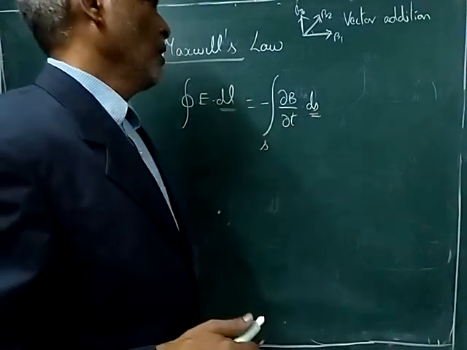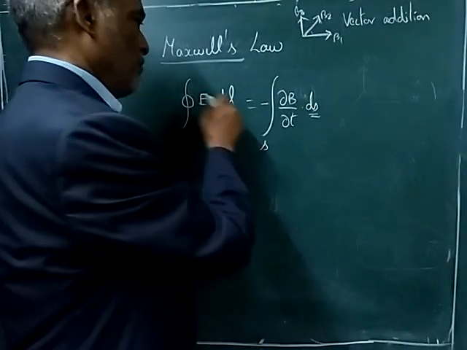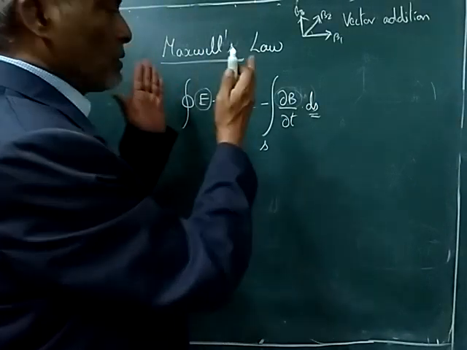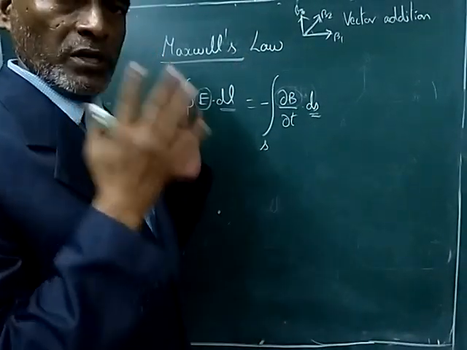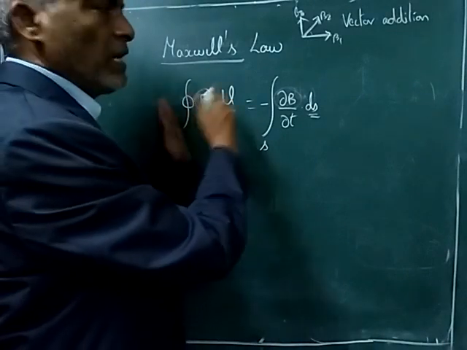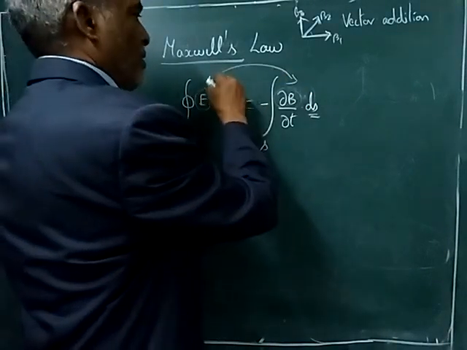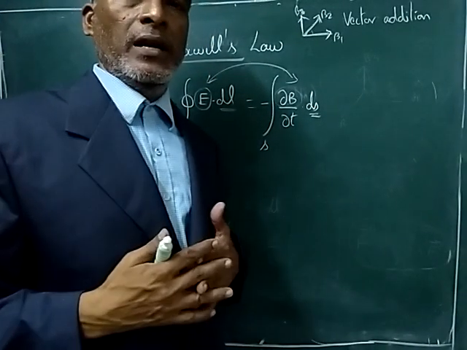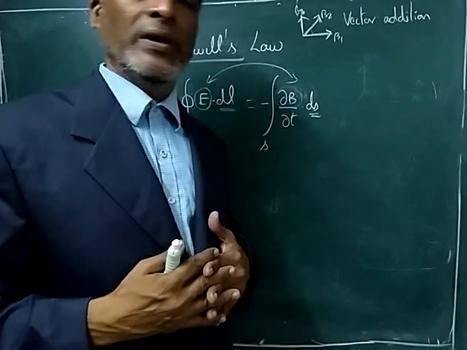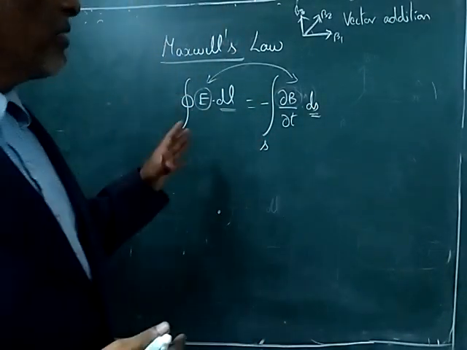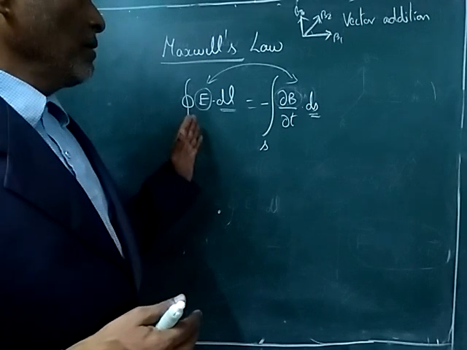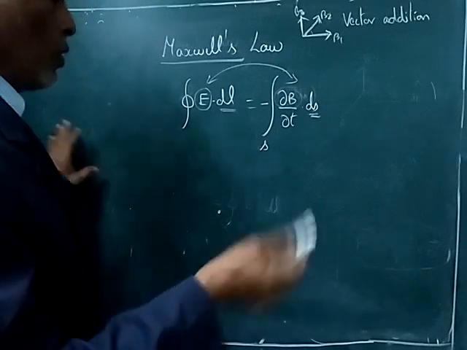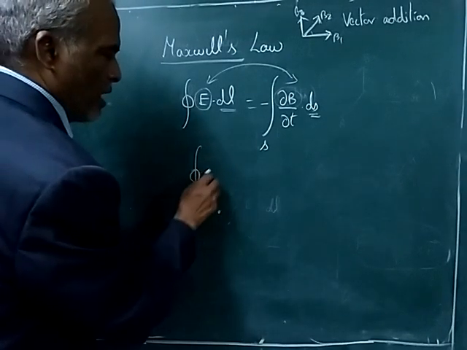Now if you carefully see, E is the electric field and B is the magnetic field. So Maxwell gave us an important relation connecting electric field and magnetic field. But in Faraday's law, we have only an interconnection between voltage and current, or voltage and flux. So here we have a direct relation expressing electric field in terms of magnetic field. Then we have one more relation, H dot dl